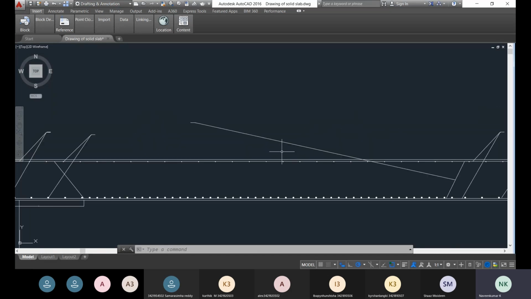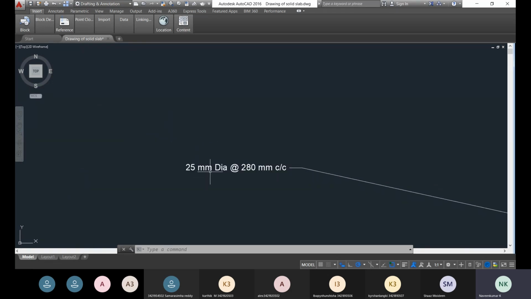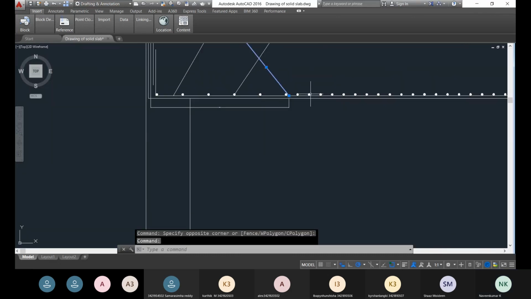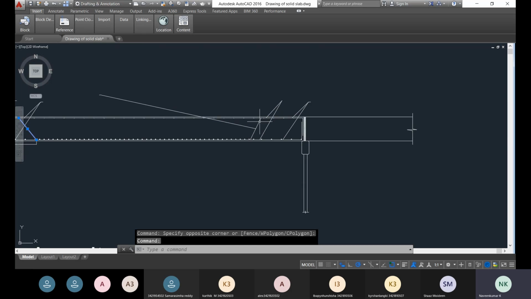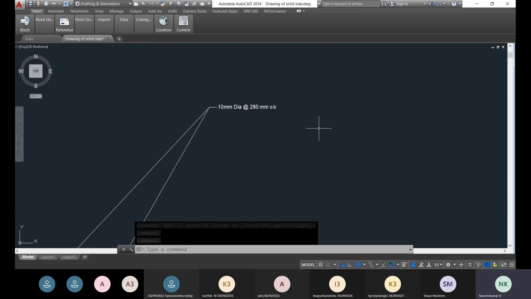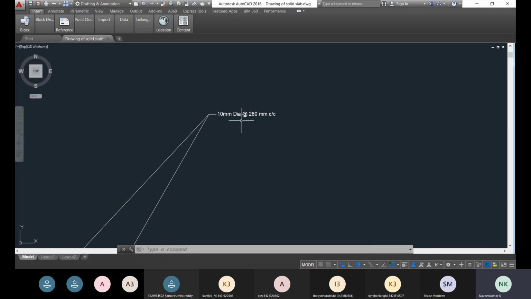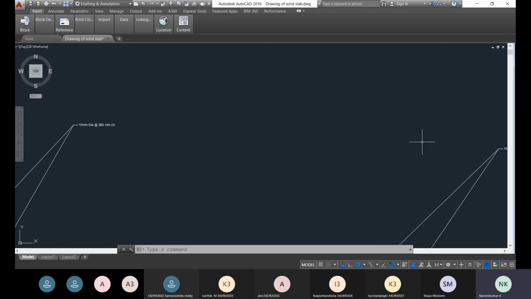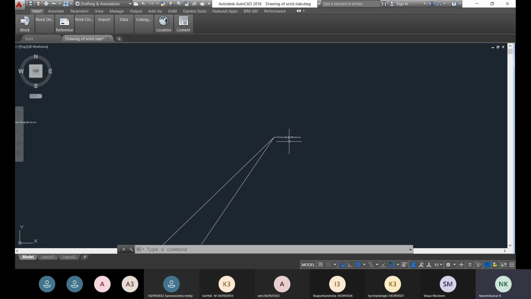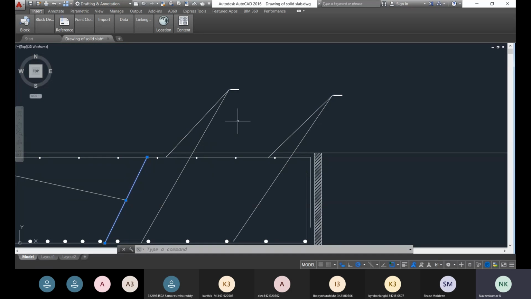If we look here, some curtailment rod is also given. The curtailment rod detailing is 20 mm diameter bars at 280 mm spacing. This rod is a curtailment rod, and the specification is also given. Again the specification on the other side: the provided steel rod is the same, 10 mm diameter at 280 mm spacing. Here the spacing is reduced in case of the distribution bars. In case of the main bars, the spacing between the steel rods is more.